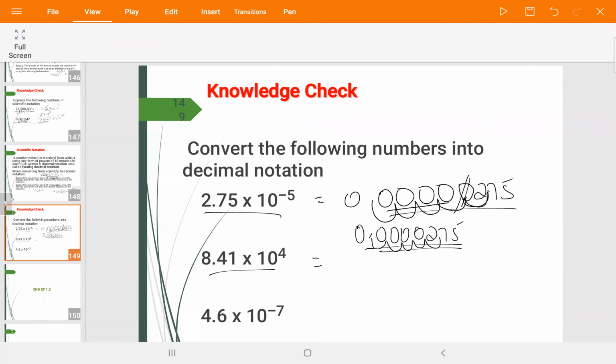እሺ what about this? Now here you have to move this decimal to the right. 8.41 አለን ስለዚህ ምን እንደምናደርገው 1 2 3 4 ስለዚህ እዚህ ጋር 00 ታስቀምጡና 84100 ይሆናል ማለት።